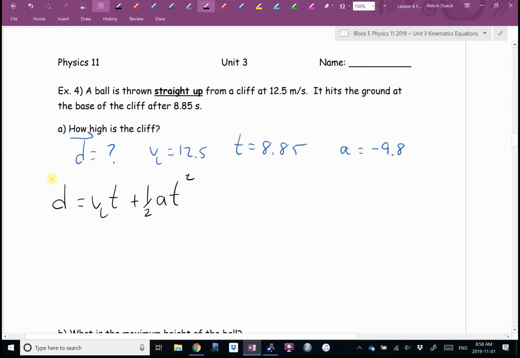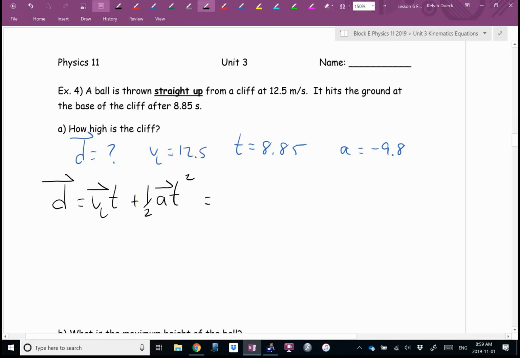And I'll just remind you now, because we've been casual with our notation, but in real life, that's a vector. Negative and positive will make a difference. Down is negative 9.8. Okay? But now we're at the plug and chug stage. The nice thing is this equation will take into account the fact that you're throwing it up. This part right here takes into account its upward part. This part here takes into account its downward part. So it takes it all in for you quite nicely.